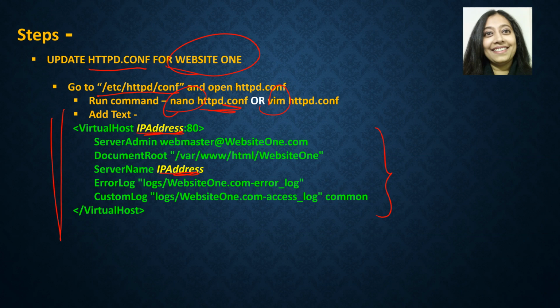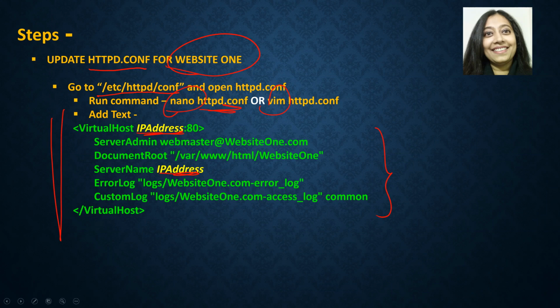And this change is absolutely critical. Please ensure that while you're adding or typing or copying this piece of text, you are not adding any funky characters or any spaces or anything of that sort, right? This file is super sensitive. And if you have anything like special characters or anything going in, then simply the HTTPD service will give you a lot of pain while stopping. And of course, it will not start. Okay, so ensure that you copy this correctly.